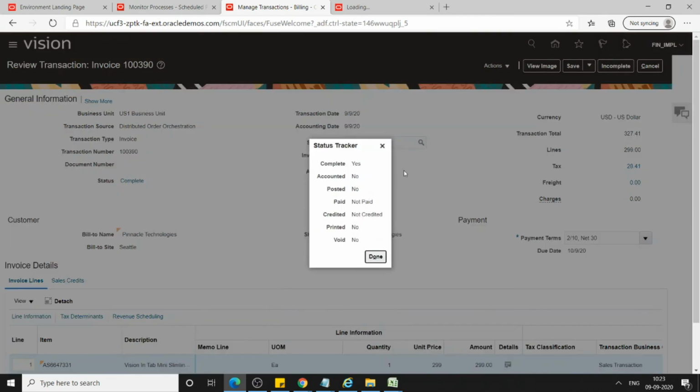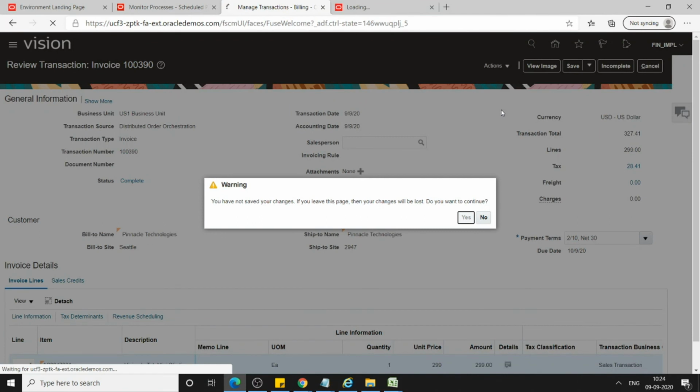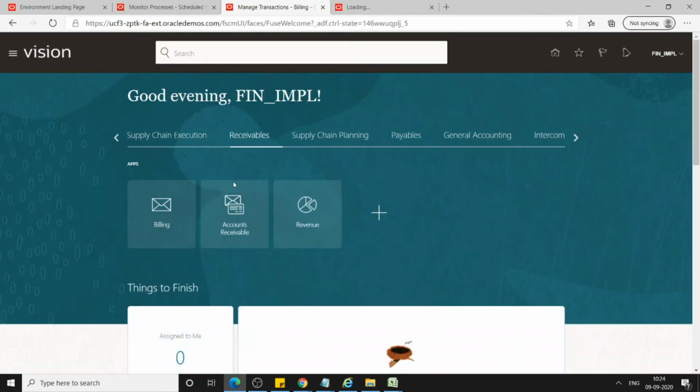Come on, not paid. Okay, sorry, we have to check, but basically when you click on the status and click on complete from here, you can see the status as paid. Just we will see once again the payment receipt number, we'll see what happened there.